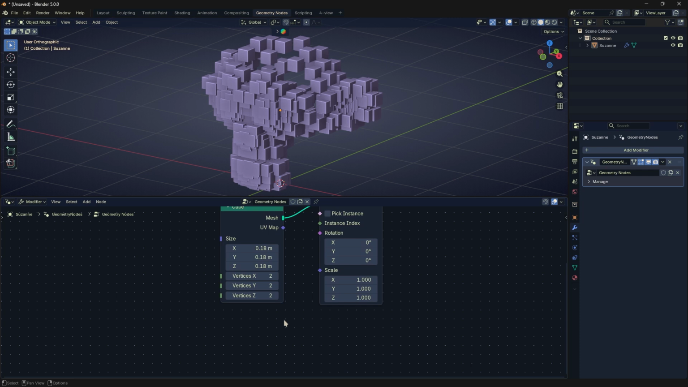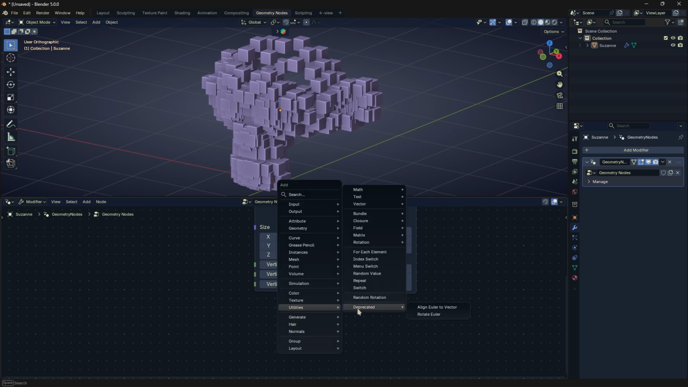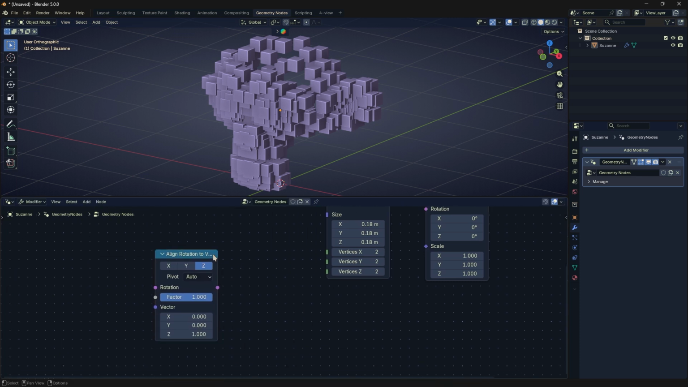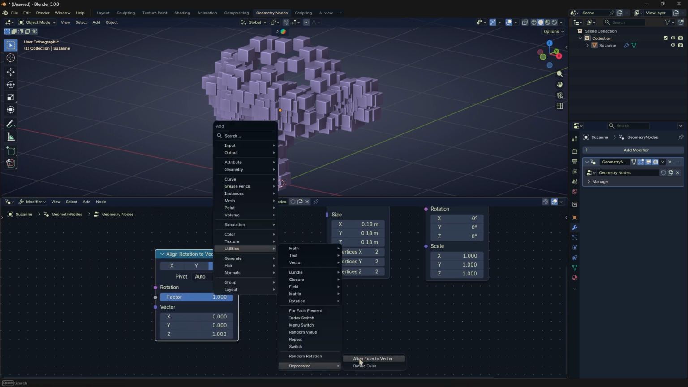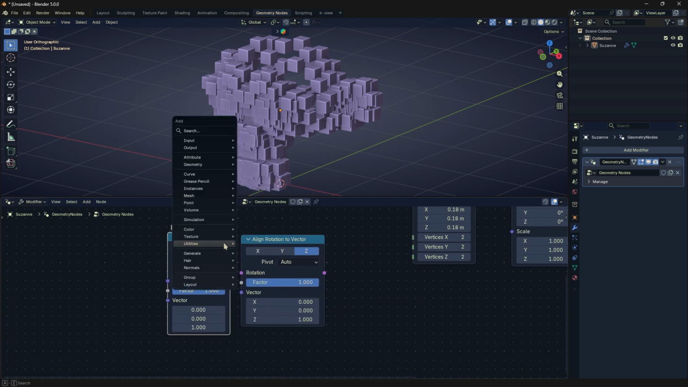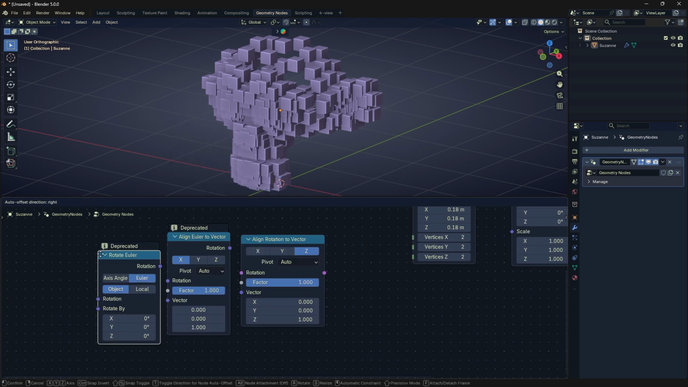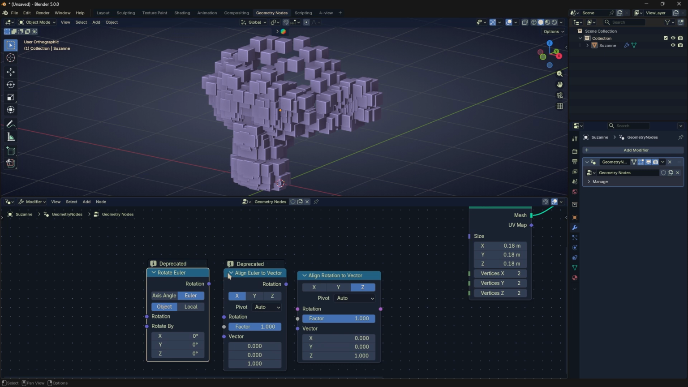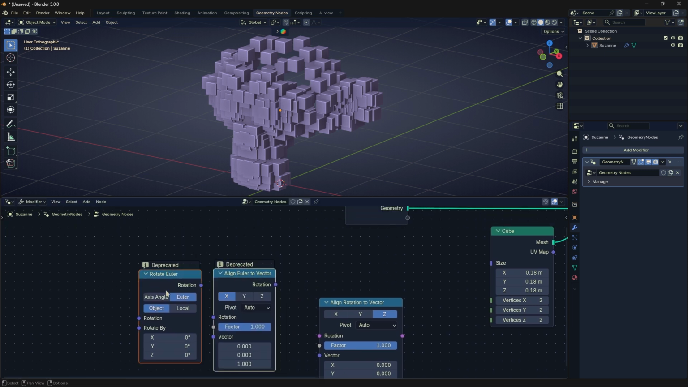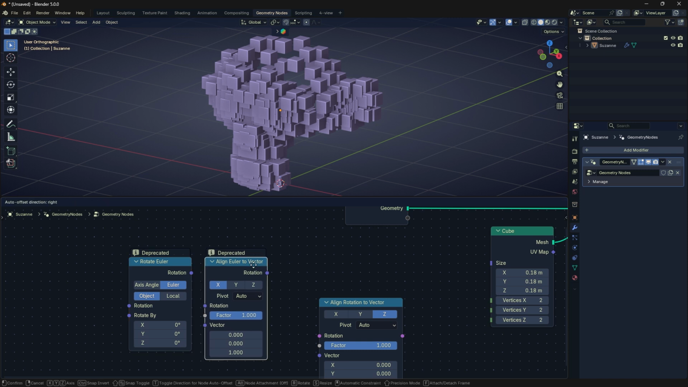All right. So next stuff we have in utilities is deprecated. Now, just understand what is exactly deprecated. So we have rotation, right? And we have align rotation to vector, align Euler to vector, all those nodes. We have a few nodes which are align Euler to vector and rotate Euler. These two nodes are technically discontinued, but a few users were requesting that we need these nodes